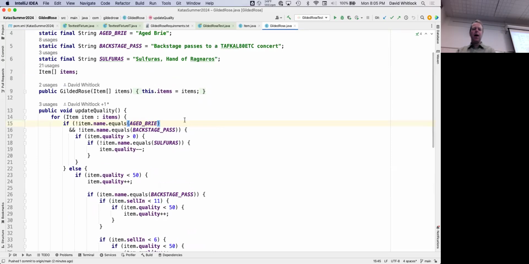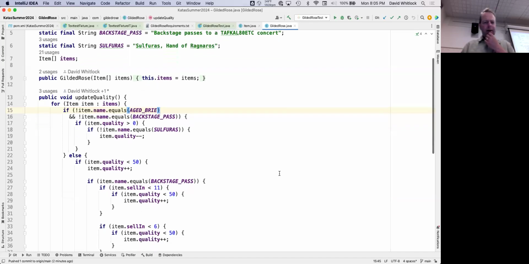Okay. How about this? If item equals any of these, any of these, any of these. Also with an update quality method as well, and the same member as the abstract class. Yeah, I kind of agree.